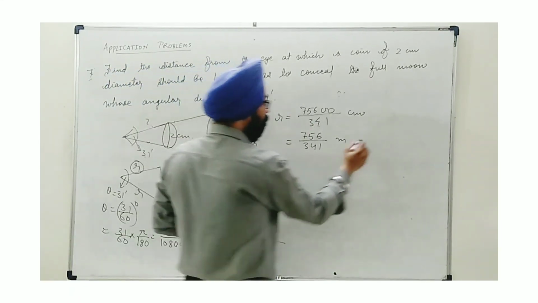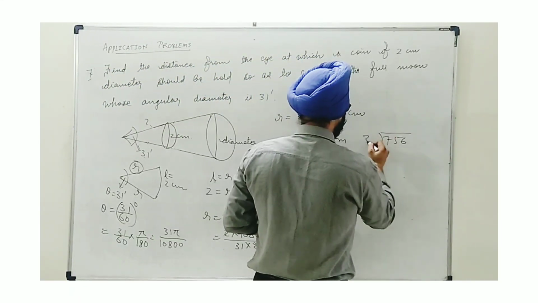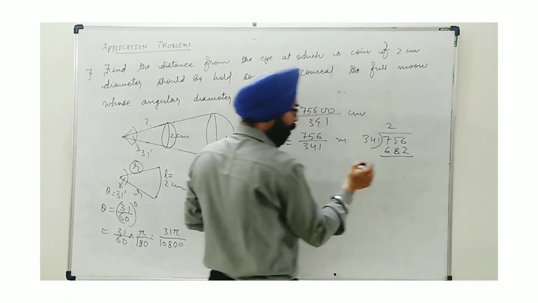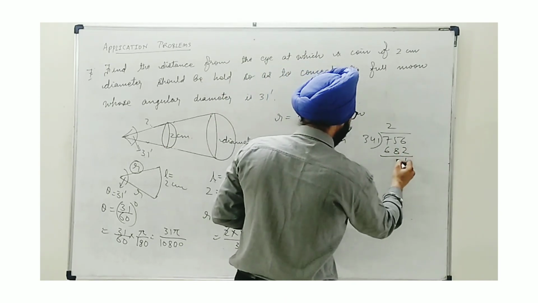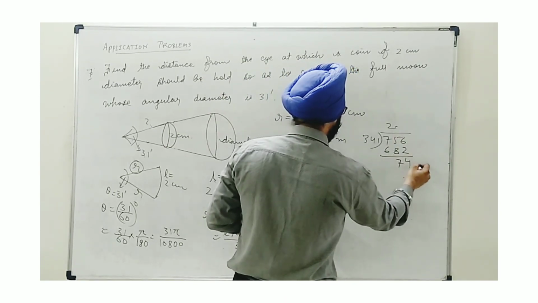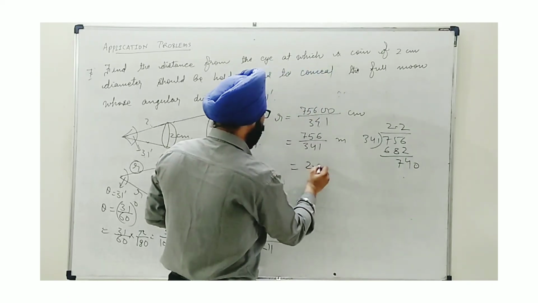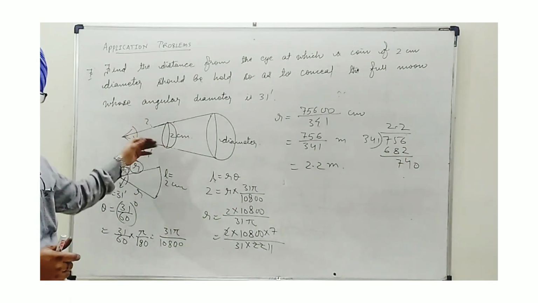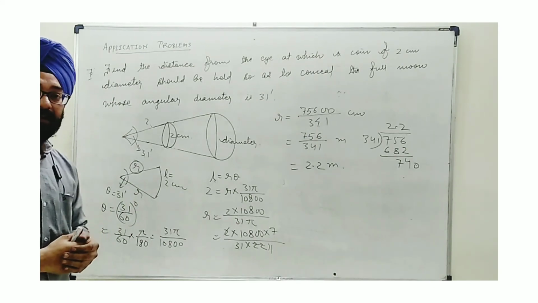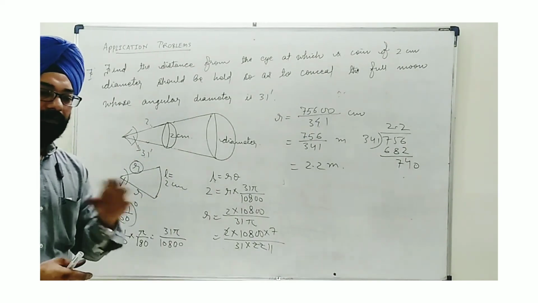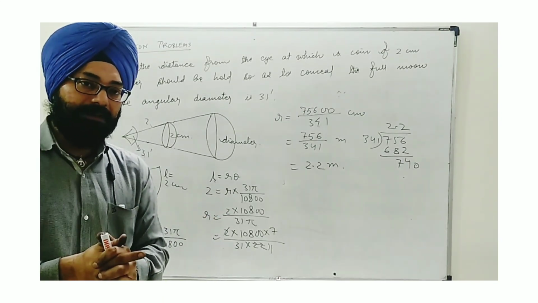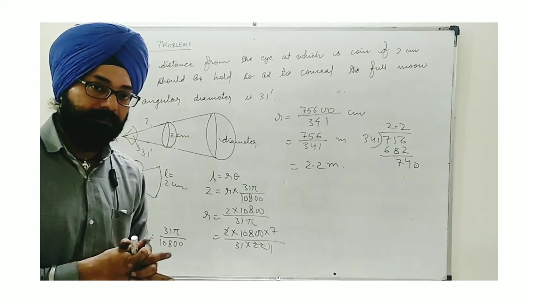Now when we divide, let's see, this will be 2 meter around. So this will be 2.2 meter approx. So this way, we can write this as the radius, the distance required between the coin and the eye. So these are the things, like this was completely different. So every time you have to interpret the equation and accordingly you have to solve. So I hope this much number of questions is enough to understand the concept better. Thank you.